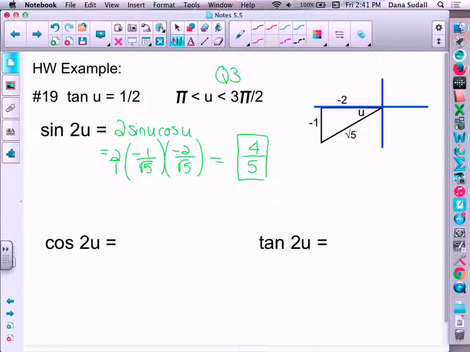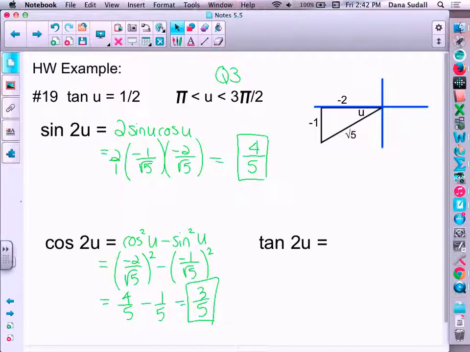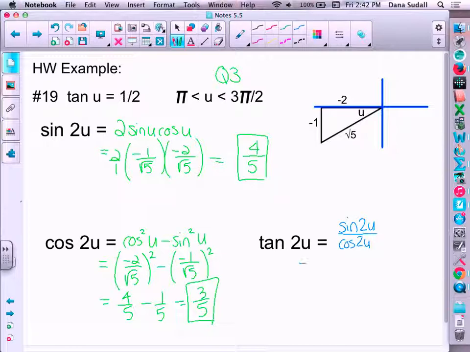Using that same triangle, cosine of 2u is cosine squared u minus sine squared u. So in that triangle, the cosine is -2 over root 5, and it's squared. The sine is -1 over root 5, and it's squared, so I have 4/5 minus 1/5 gives me 3/5. And since they wanted tangent for this one, and I've already found sine and cosine, I'm just going to make this sine of 2u divided by cosine of 2u. So sine was 4/5, cosine was 3/5. If I simplify this, I get 4 over